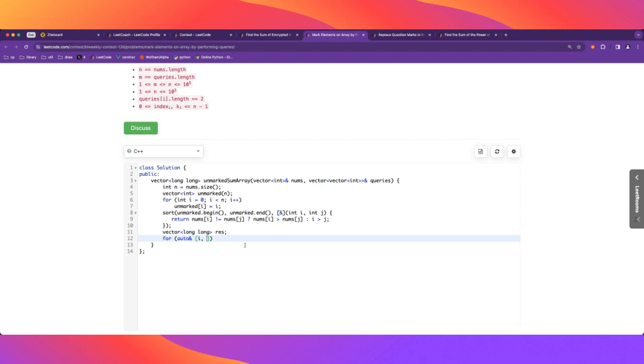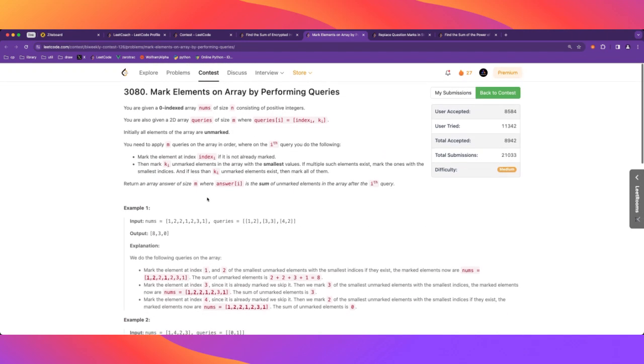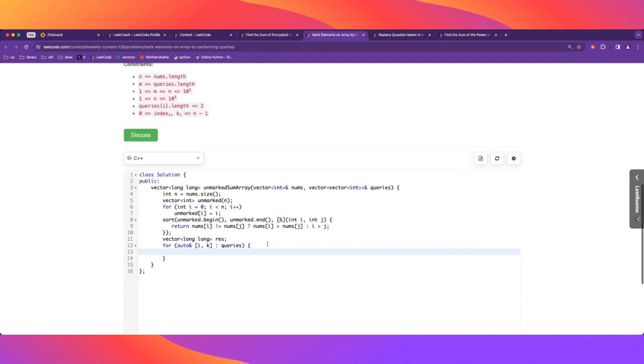Is there a C++ expert here? So we have the index and the k. I'm not sure. I think this doesn't work, but I'm gonna try anyways. So now we do what we're told. We mark if it's not marked. Oh, we also need the current sum. So for int x and nums,